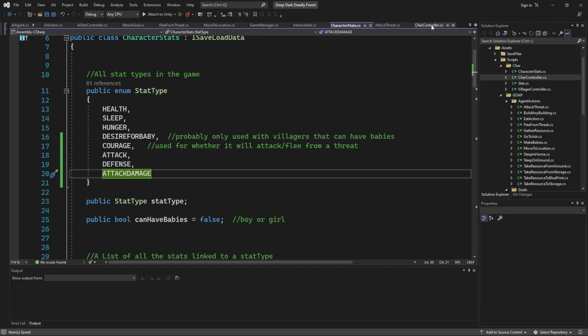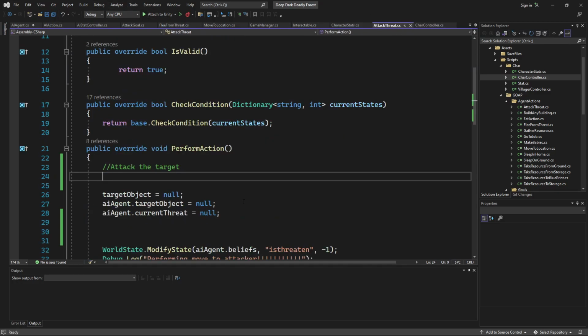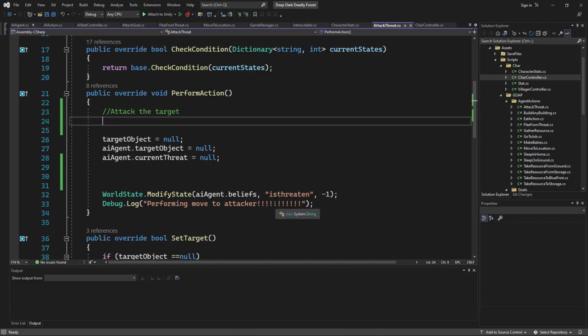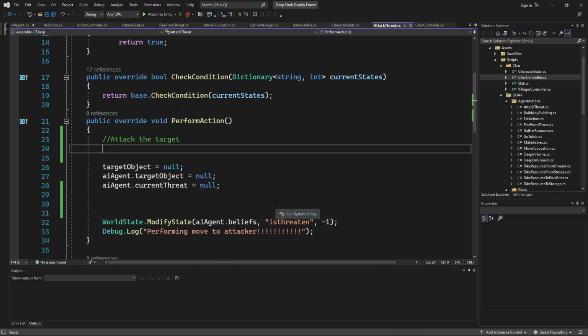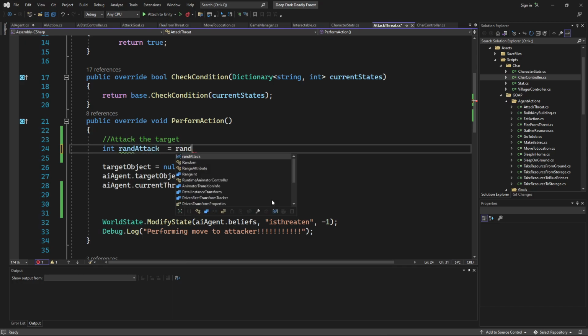Okay. And we could say int random attack is equal to random dot range from 0 to